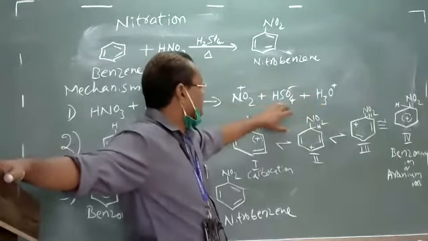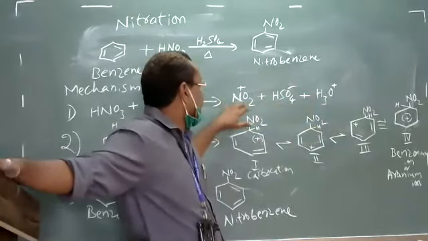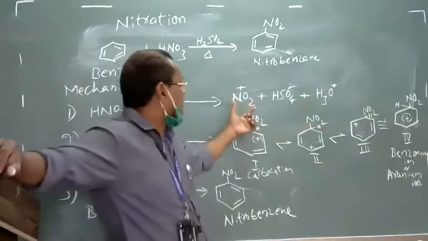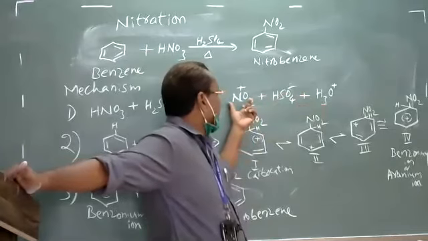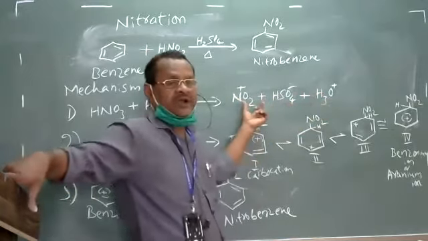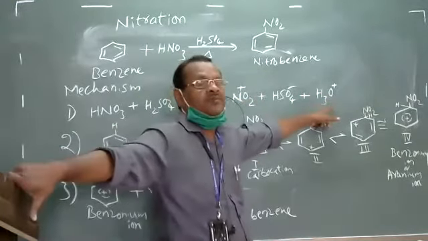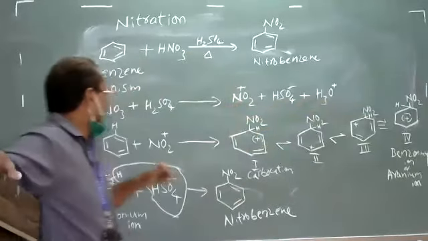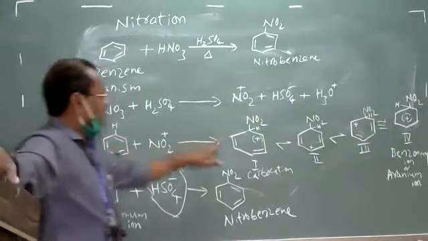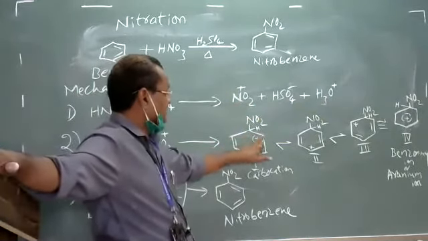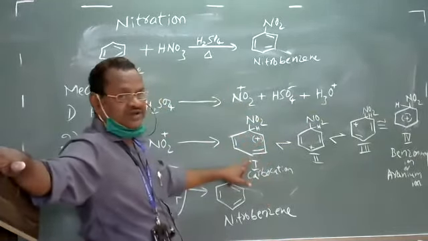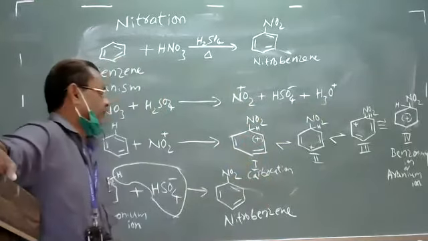Amongst these three, bisulfate is a base, a nucleophile, whereas nitronium ion and protonated water are the two electrophiles. But when you compare the strength of these two, this is strong and highly reactive, this is weak and less reactive. So in the next step, nitronium ion is going to react rather than protonated water. This nitronium ion, an electrophile, attacks benzene, takes the pi bond electrons and forms a bond with that carbon, and the adjacent carbon gets a positive charge, and this is called a carbocation, or resonance structure 1.